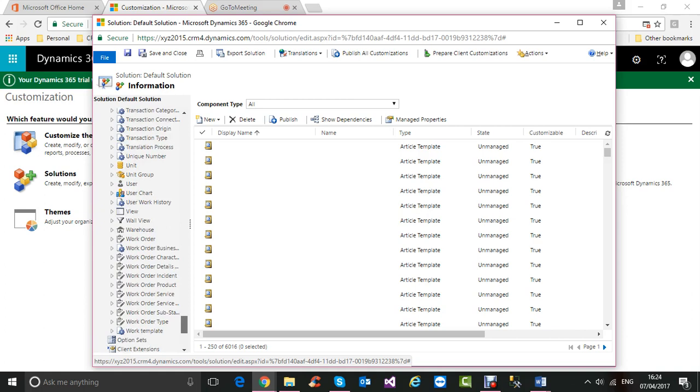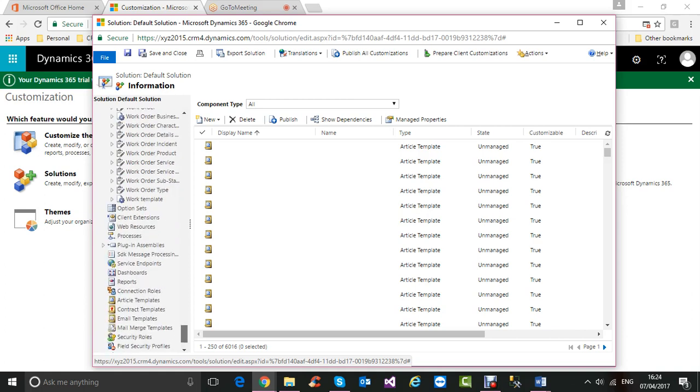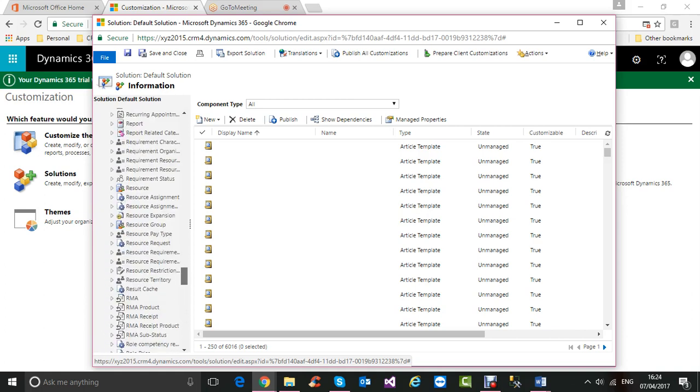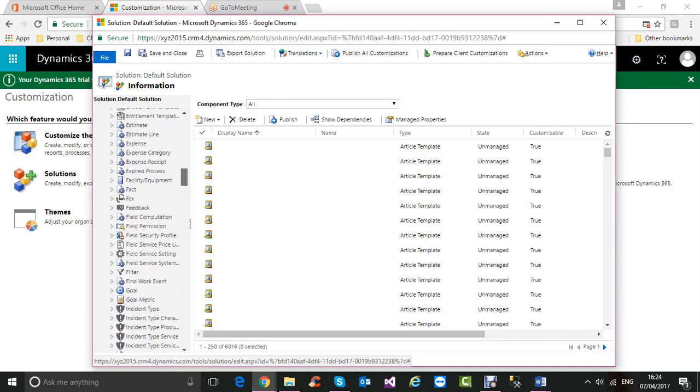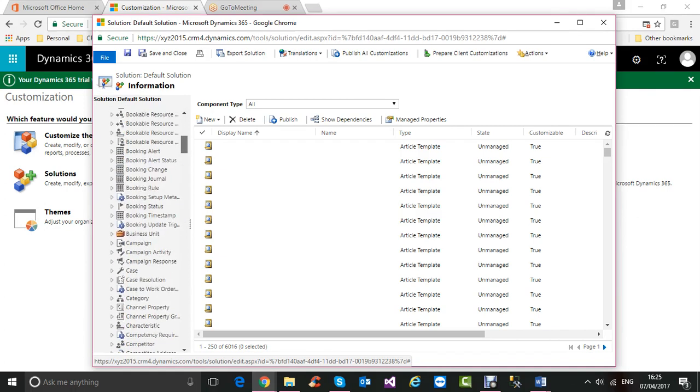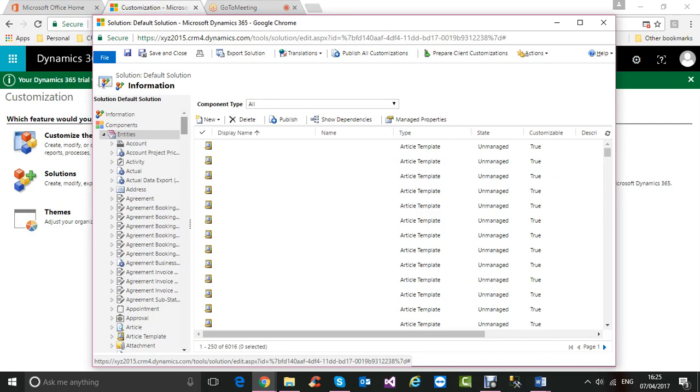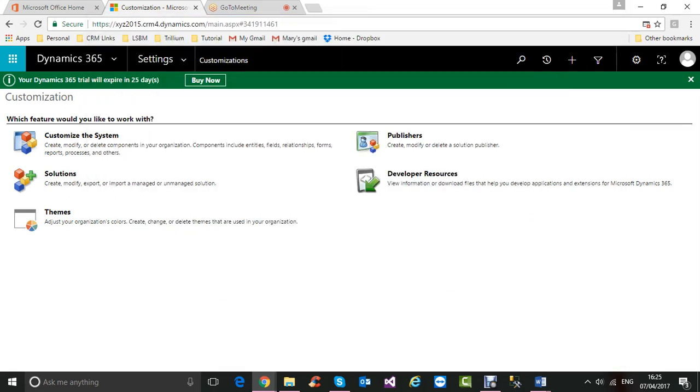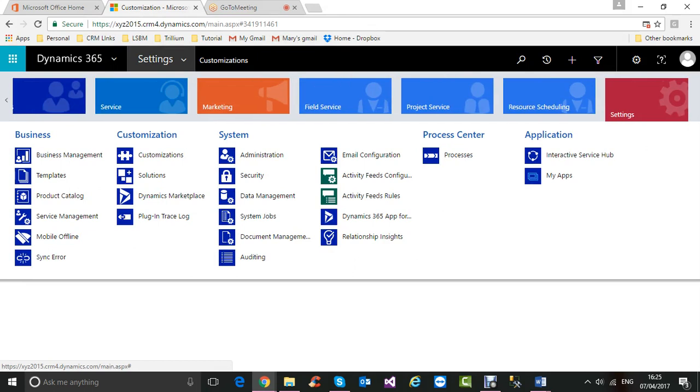You would not be able to remember all entities. It is not possible to remember. The more you work with CRM, the more you will be familiar with the type of entities you are working with. You don't have to memorize them until you work, and then you will remember. So don't worry about that. Now, if we go back to sales,